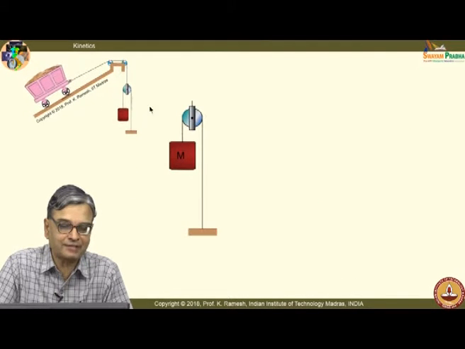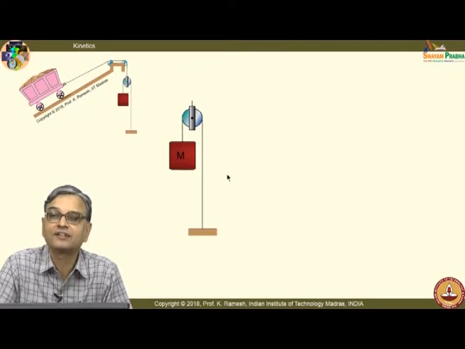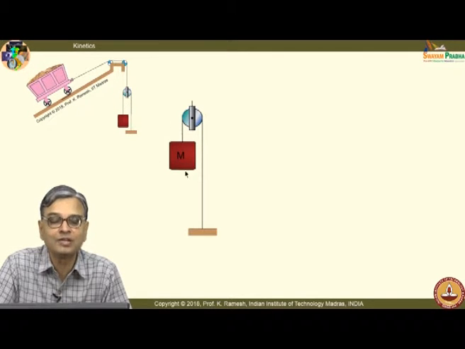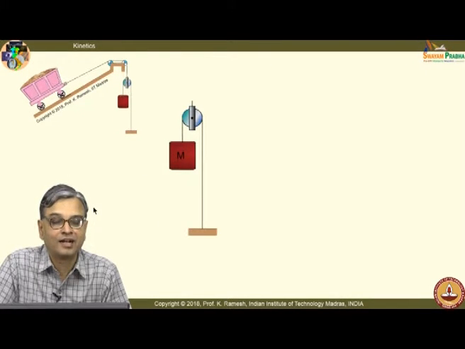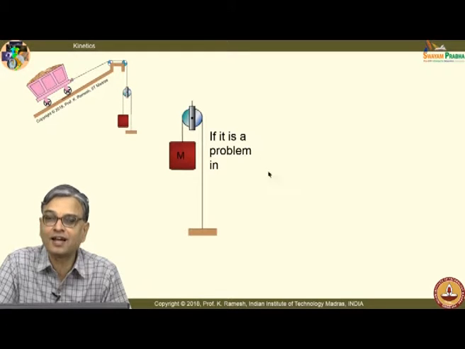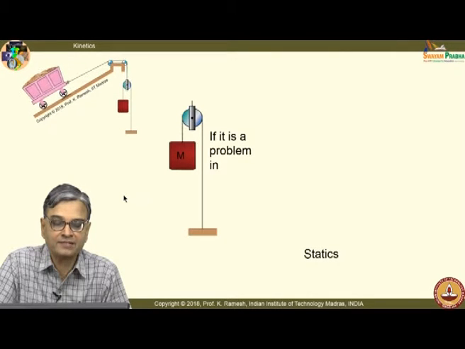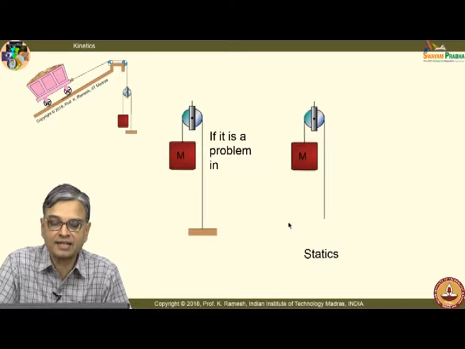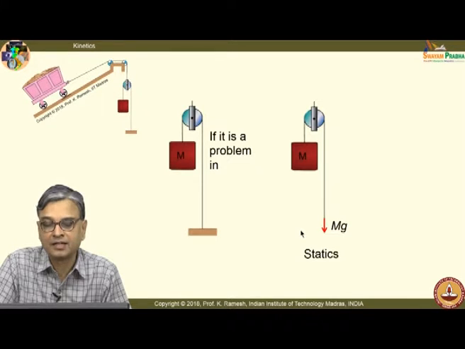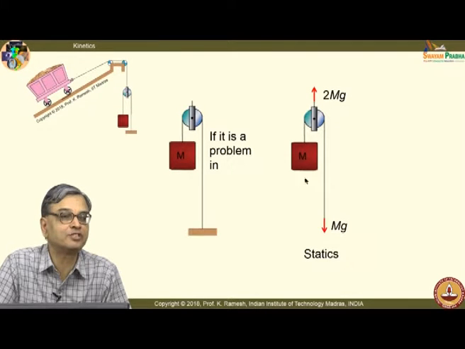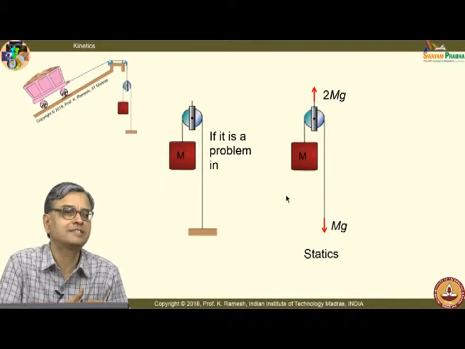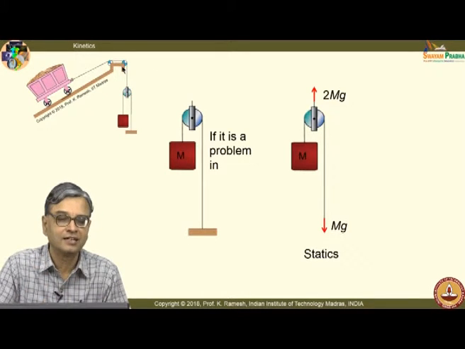Now, let us look at the other side of it. This is very interesting. I would like you to visualize how you would handle it in the context of statics, and how you will handle it in the context of dynamics. You have an advantage. If it is a problem of statics, you will simply say that I have a force acting like this, because it has to be balanced by this force. And I can also find out what is the tension. This is nothing but 2 times mg. Nothing is moving. It is in a state of statics. When I say statics, this motion is not there.